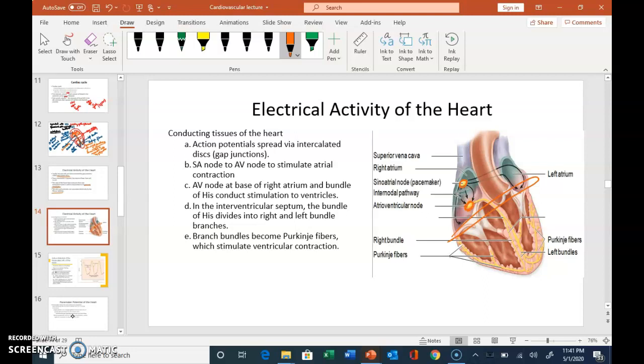The AV node holds the signal for 0.1 to 0.2 seconds and lets the signal flow through the AV bundle into the ventricle, and the signal then divides and travels along the left and the right bundles and then ultimately moves to the Purkinje fibers. And this is how the wave of depolarization starting from the AV bundle spreads all over the ventricle. Atrial depolarization is followed by atrial systole, and ventricular depolarization is followed by ventricular systole. I'll stop here and then start